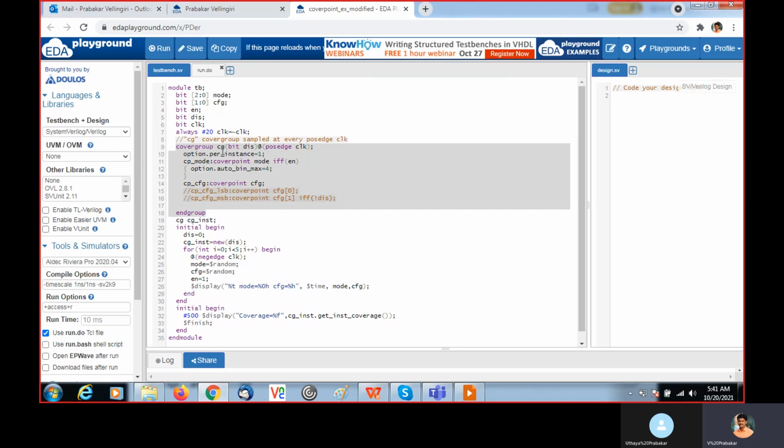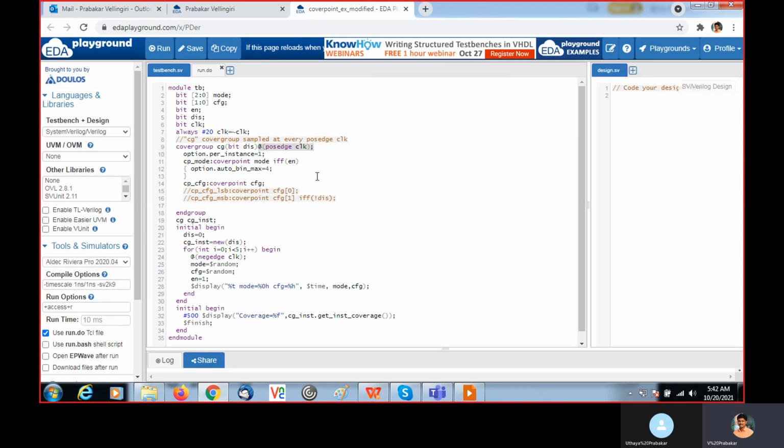Cover group name is CG. We are receiving this disable here, which we are passing from this initial block. At each passage of the clock, we are going to sample this cover group.